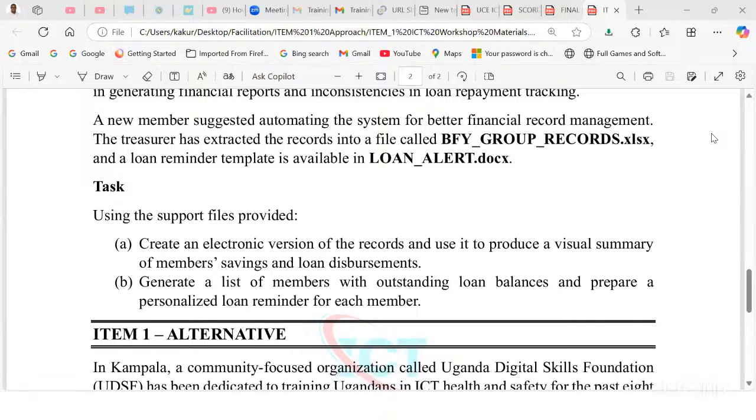Okay, lastly, let me hear from Stephen. Kamwesiga, Fred. I would use,